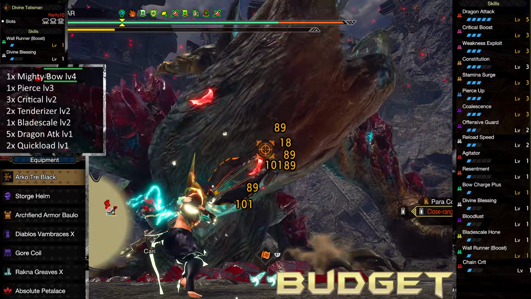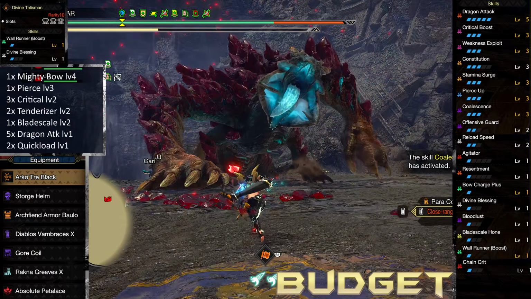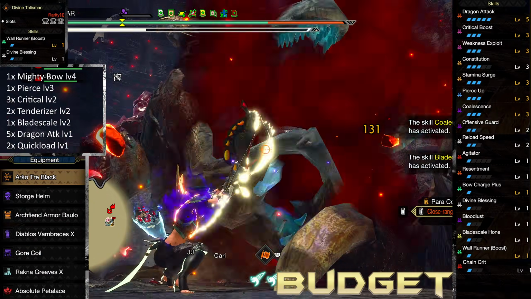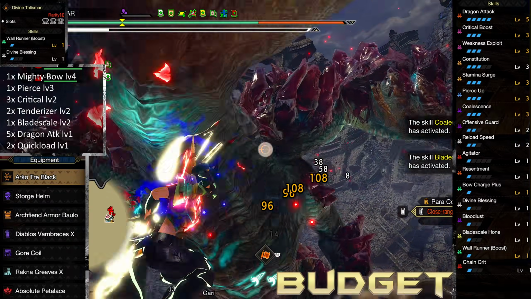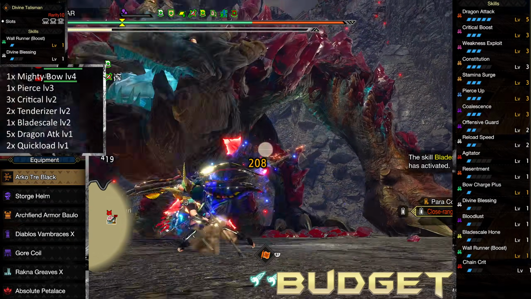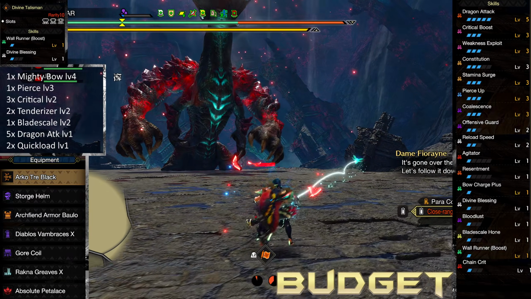You get full X, crit boost, stamina surge, coalescent 3, max dragon attack, reload 2 so you can equip arrow coatings automatically when switching between them, bloodlust which gives you 10 raw with frenzy and sapping your health, and then 20% affinity when you overcome it, which then procs coalescent for 18 attack and some elemental boost, blade scale hone